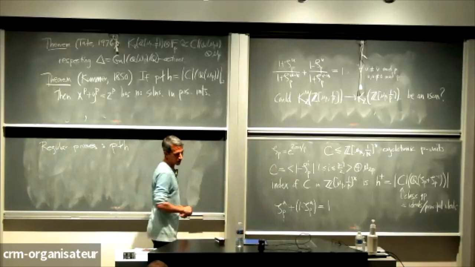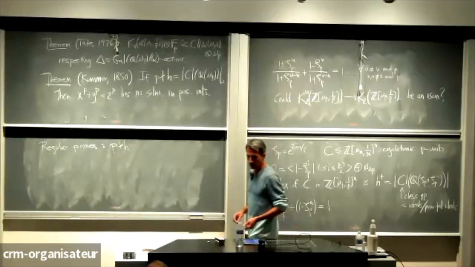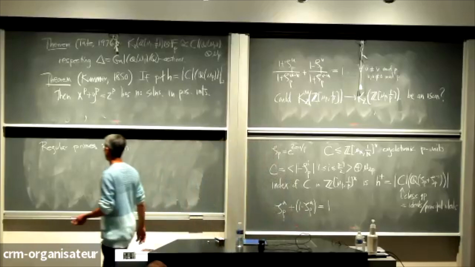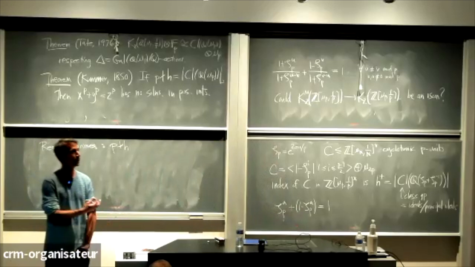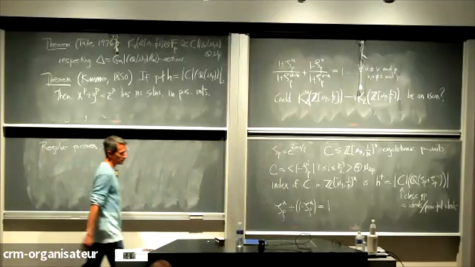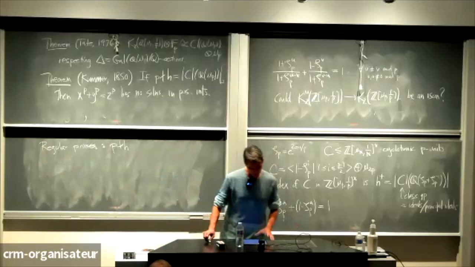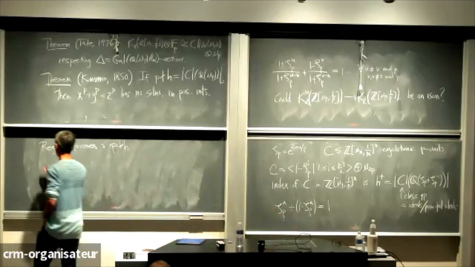The smallest three irregular primes, I'll write them down in a second, are 37, 59, and 67. It's an open question whether there are infinitely many regular primes, although it's known there are infinitely many irregular primes. But as you'll note, in density, there seem to be more regular primes than irregular primes, and one can give a precise number. So here's another theorem,